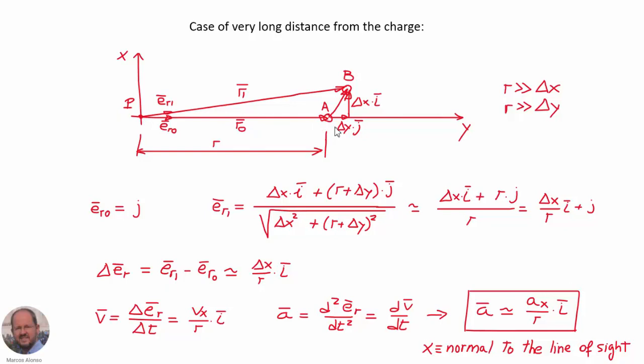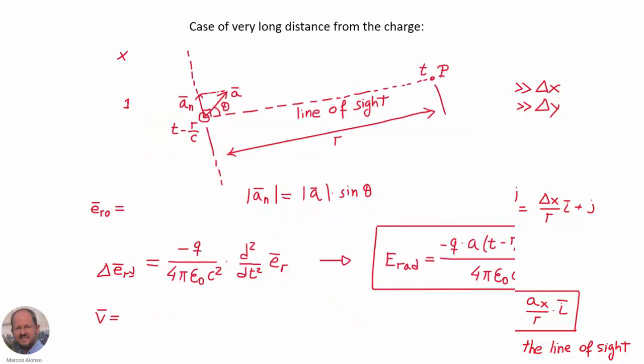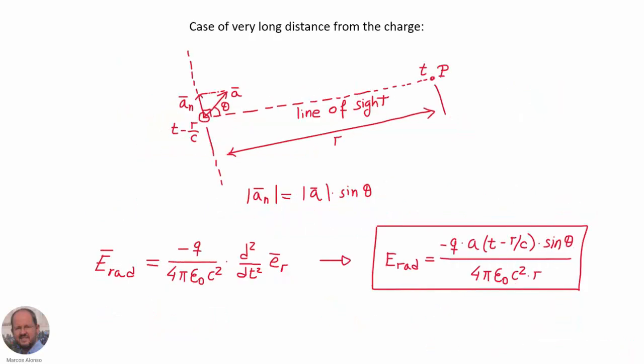So the component of the acceleration in the y direction is almost zero. So is the component of the acceleration in the direction of the line of sight, which is almost negligible, while we have to consider only the component of the acceleration normal to the line of sight. So knowing this, if we want to calculate the electric field corresponding to the radiation at a given point P